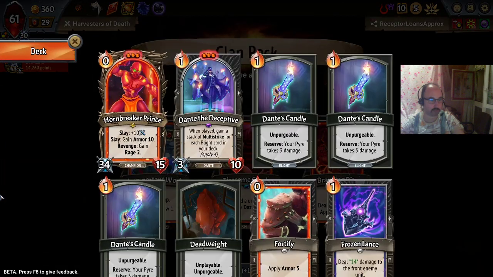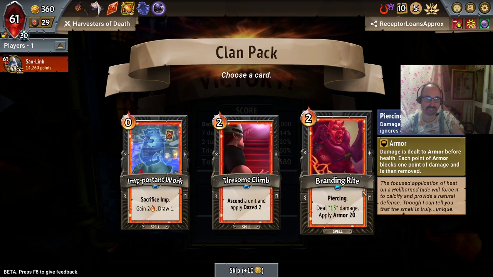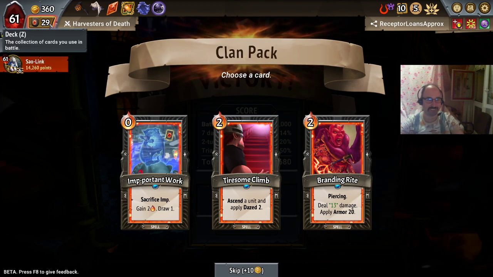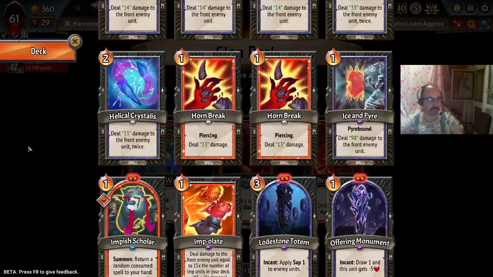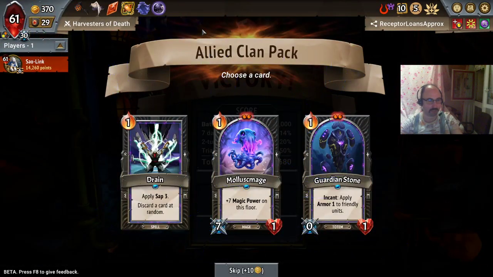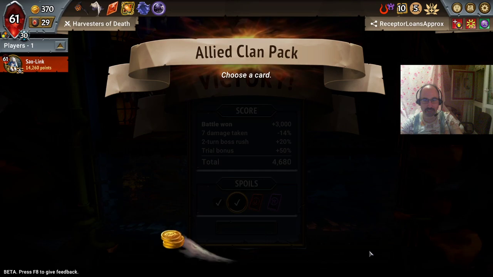Important work. With just a single imp. Branding right with random targeting. Dealing 13 damage. No thank you. Important work might be okay, but we only have 1 imp and it doesn't really work out that well. Guardian Stone would be nice. Drain, apply Sap 3. Ah, man, it's so difficult with...